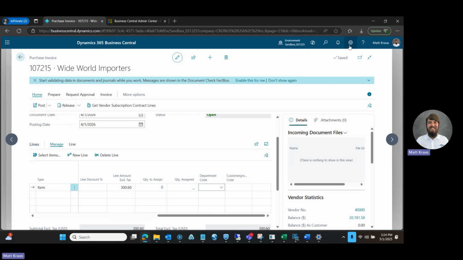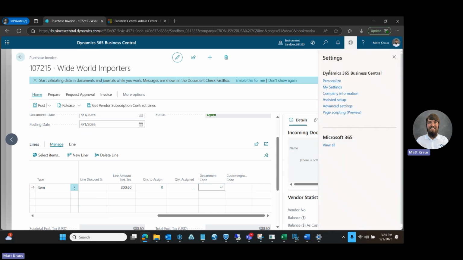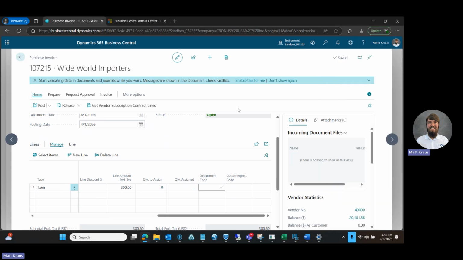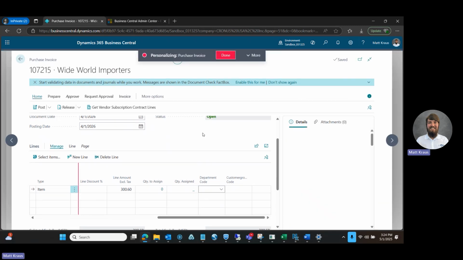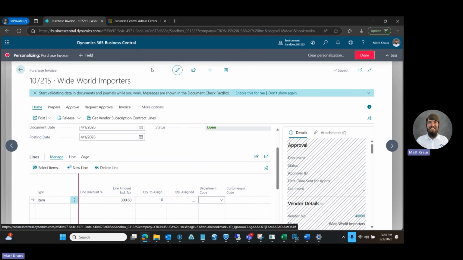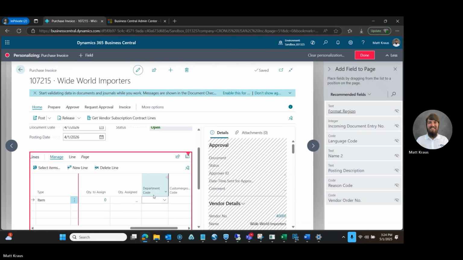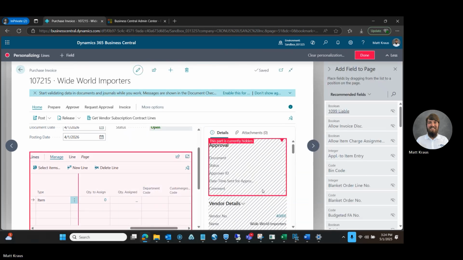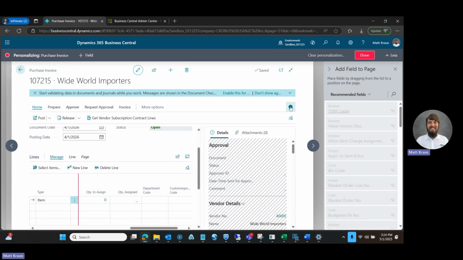To do that, you could simply select this gear in the top right, and select personalize. And it will start personalizing the screen that you are on. You can then select more, and then this plus field icon here, and see if there are any fields for you to add. So if I select the lines,